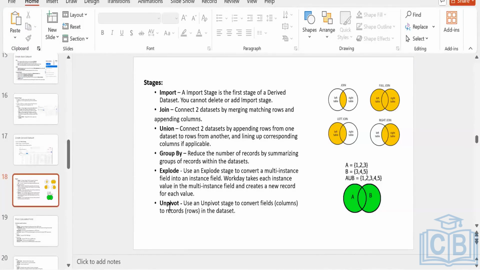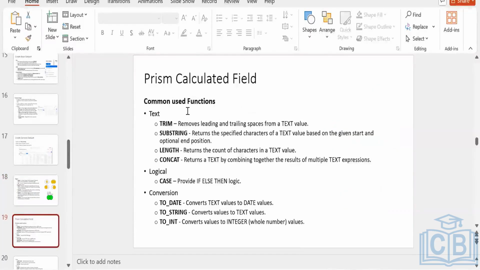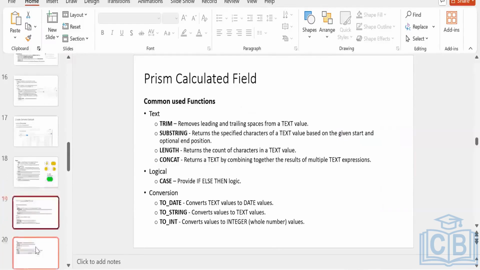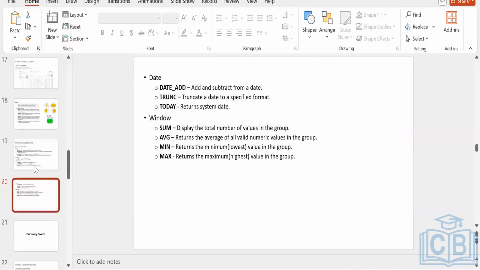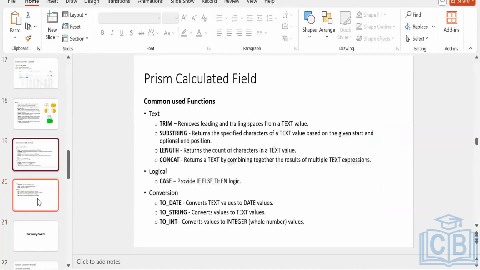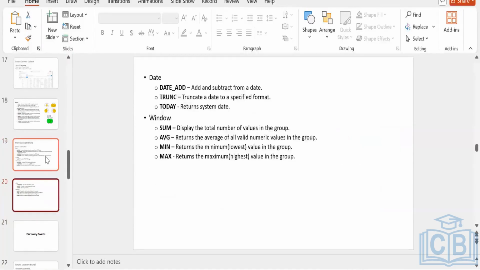Cover the remaining stage, the unpivot one. I'll check what the technical issue is that we are facing, for which we are not able to do it. We cover it up, and then we can start with the calculated fields. We have time. Do you want to cover a few of them, or keep all the calculated fields together? It's up to you. Actually, I can keep going with this. No worries. I will just introduce you to some of the